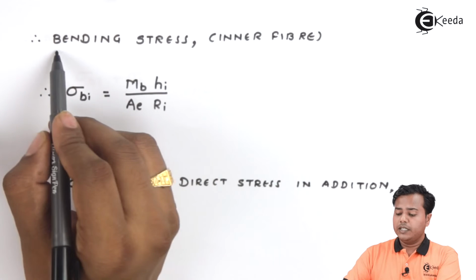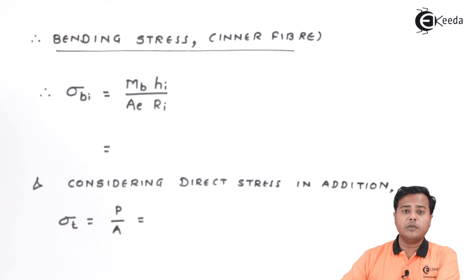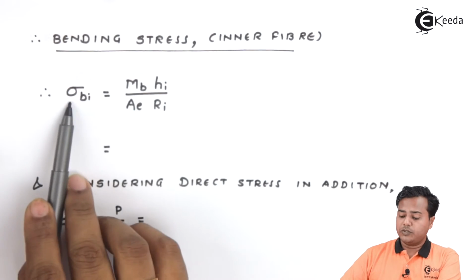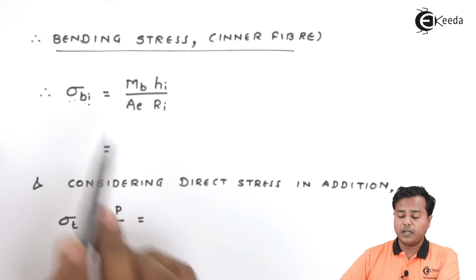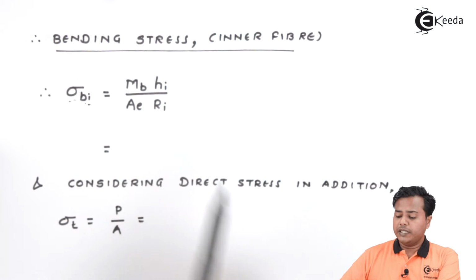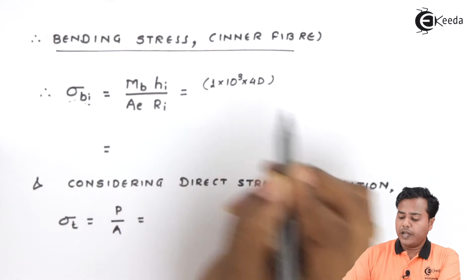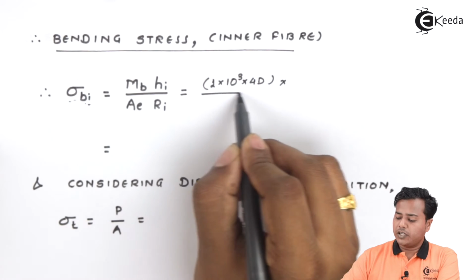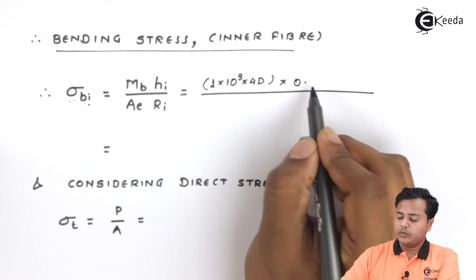To move ahead, let's find out the bending stress. We know that the bending stress will be maximum at the inner fiber, and that's why we should consider the inner aspect. So that is how the bending stress on the inner side is sigma Bi. This is the formula that we have. Let's substitute the values. The value is in Newton millimeter, of course. The value of hi somehow is equal to